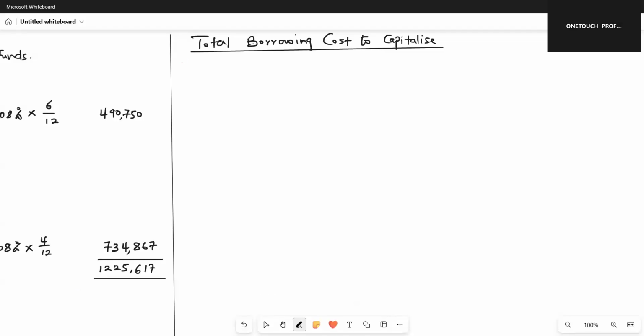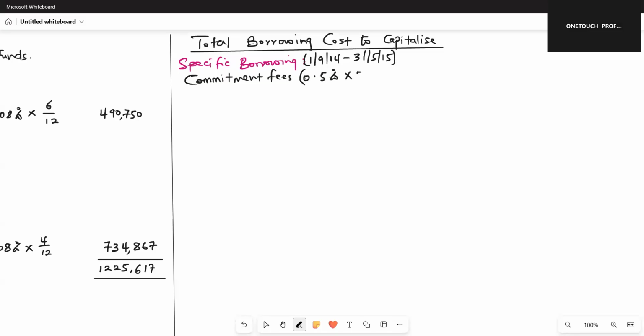Okay, so now let's see. On specific borrowing, what do we do? There was some commitment fee, which is also a cost. I told you that other cost is part of borrowing cost, that's not it. So we are talking about borrowing costs incurred from 1st September 2014 up to 31st May 2015. So commitment fee is one-time payment,